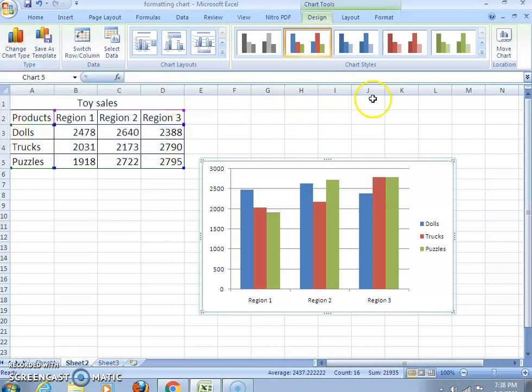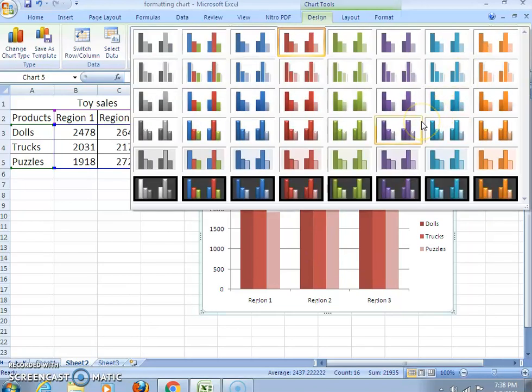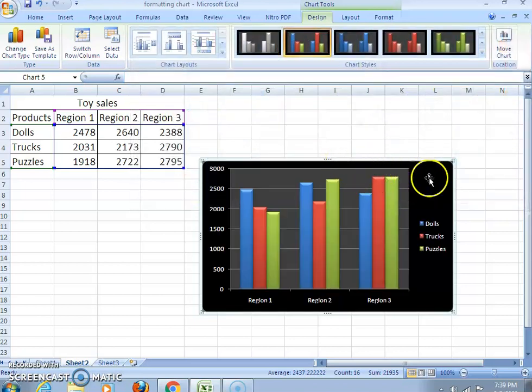We will apply chart style very first. Click on the chart style. See, as you click, the different styles appear. Likewise, many styles are available. Say for example, if you want to apply this one, see this style available. Then after,